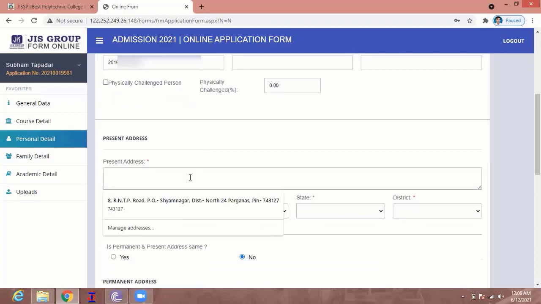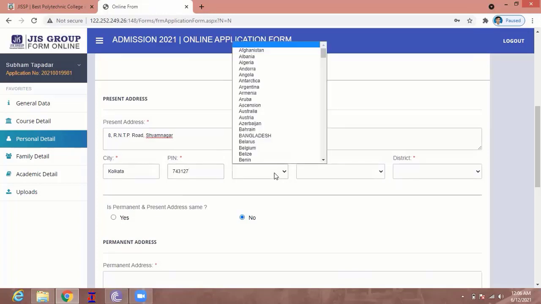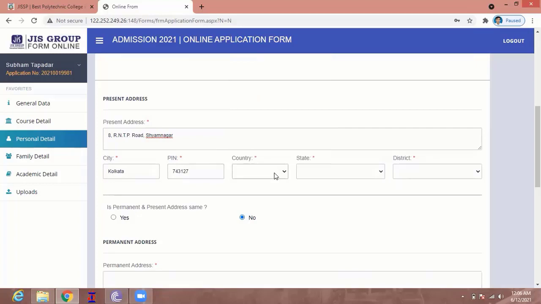Then you have to fill in the present address. I am filling in my present address. Then you have to put the city here, then the PIN number, and from country you have to choose India.